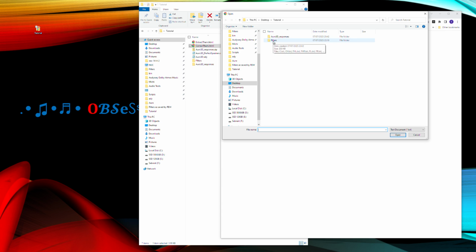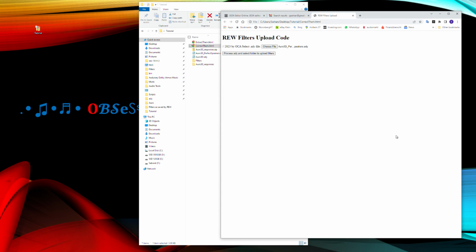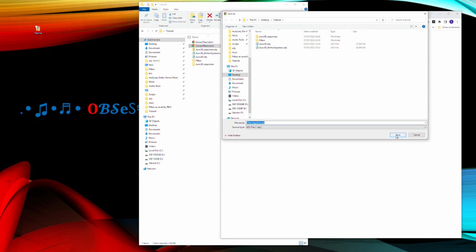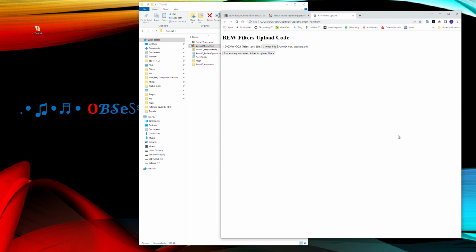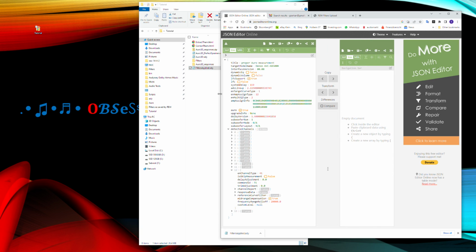Okay. Filters are here. You go there, then you select every filter. If there is more than one correction, for example, you select the one that you want to use as correction. So select them all and click open. That's all. Now filters applied, ADY is already produced and you can just save it. Takes a little while, but when you see it here, it is saved. Now let's check. Filters applied.